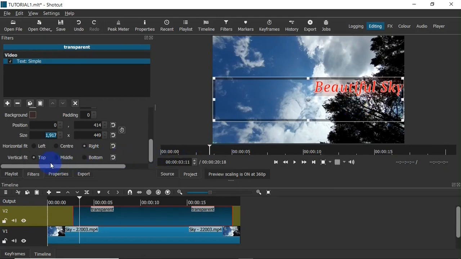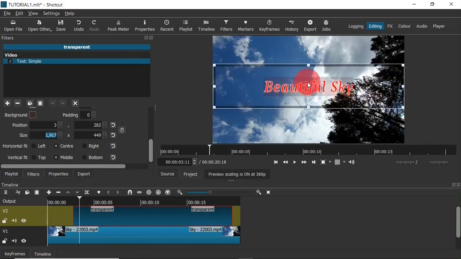I can also do something similar when I go over to the vertical fields. If I click on the bottom, it moves the text to the bottom of the text field. If I click on top again, it moves it to the top of the text field. But now I want it in the middle of the screen. So I'm going to click on the center button on the horizontal axis, and I click on the middle button on the vertical axis. So let's move this up a bit to centralize it perfectly. I think that's okay. Now when I preview this,